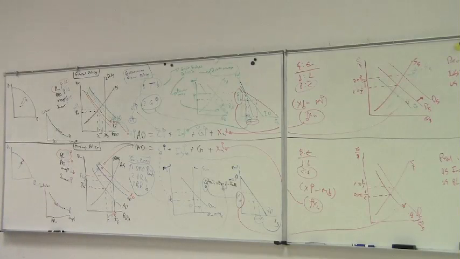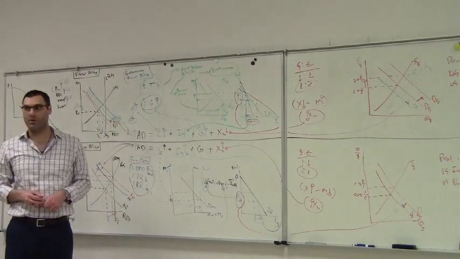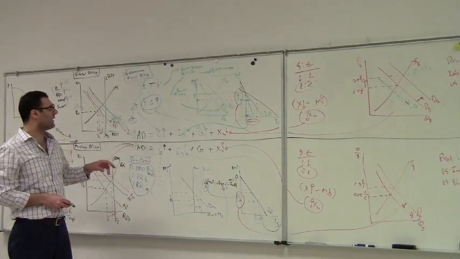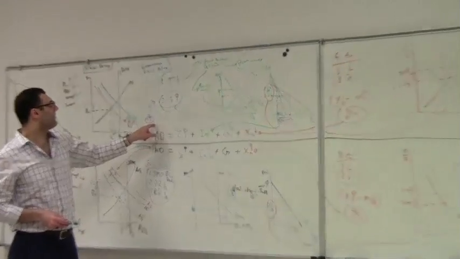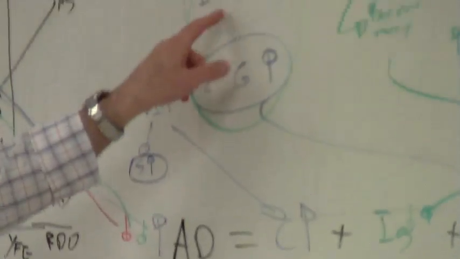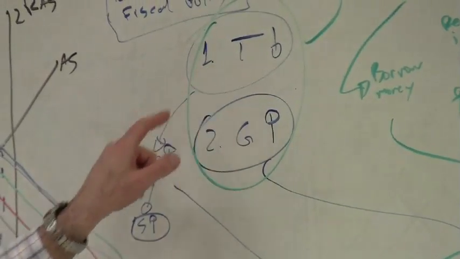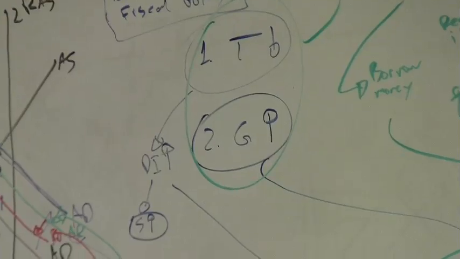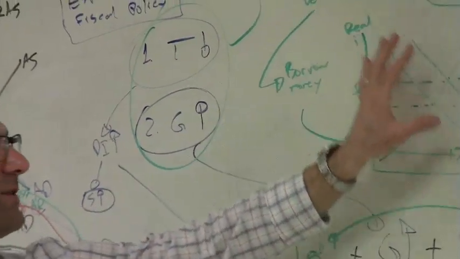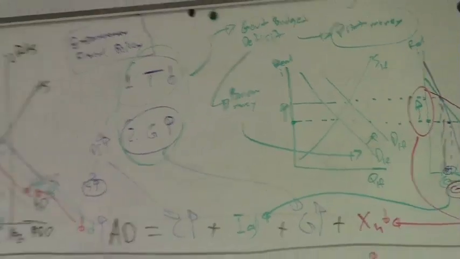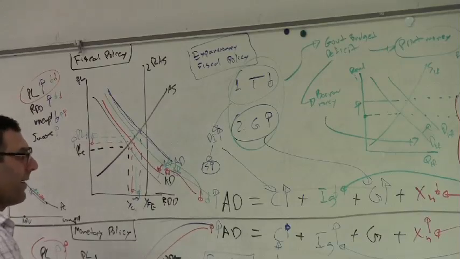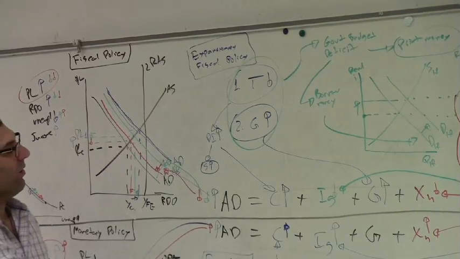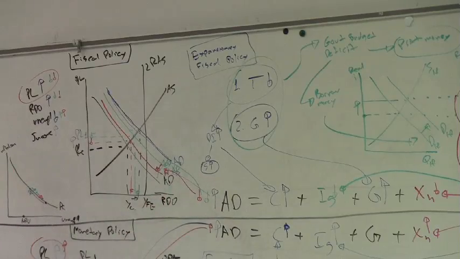Okay, now it gets a little bit more interesting because we have to tie up some loose ends that are left out there. One of the loose ends is the savings. When we had expansionary fiscal policy, taxes down, government spending up, taxes went down, disposable income went up, consumption went up. Then we linked this to budget deficit and everything else. But we left the savings hanging, right? So if American household savings go up,